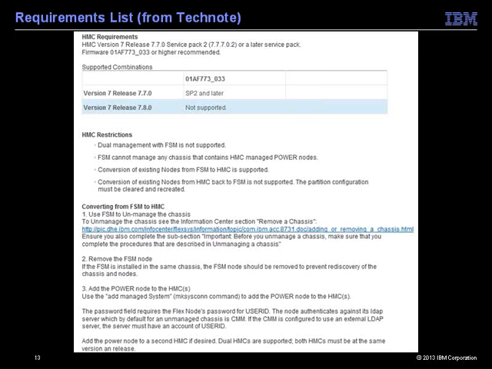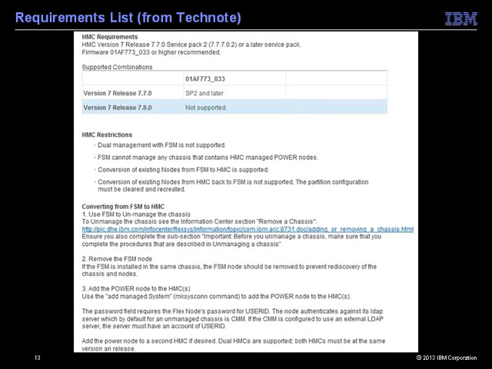Converting from FSM managed to HMC managed is supported. Going backwards, though, going from the HMC back to the FSM doesn't have an official support path. Basically, their answer to that is you need to wipe NVRAM, wipe the FSP configuration, so all of the LPARs on the nodes, and basically start from factory defaults if you want to go from HMC managed to FSM managed. And then down there at the bottom, they give some more detailed steps on converting from FSM managed to HMC managed. That first step we're going to talk more about. Actually, we're going to talk about all the steps.